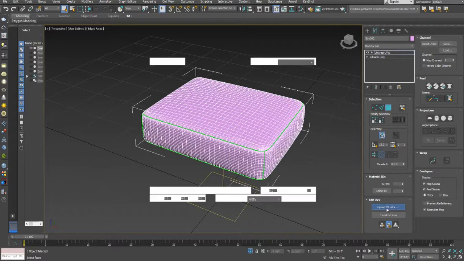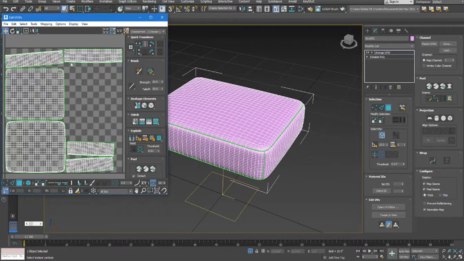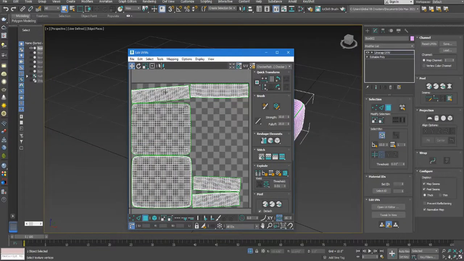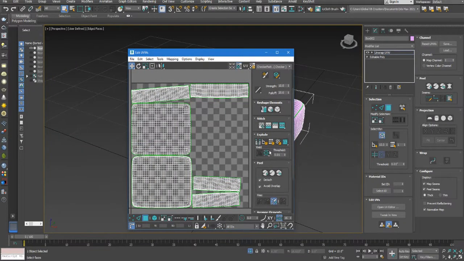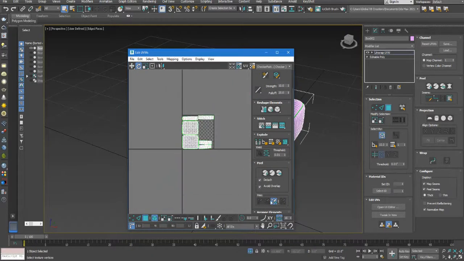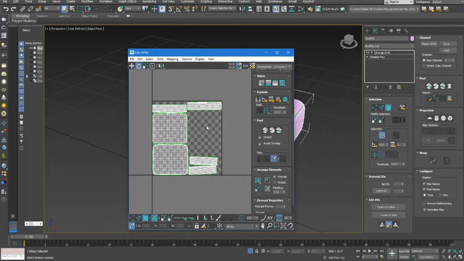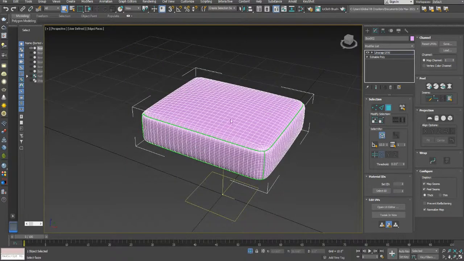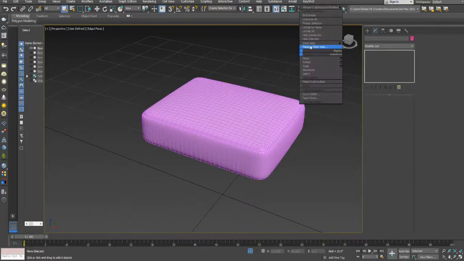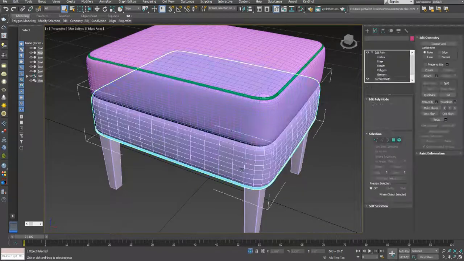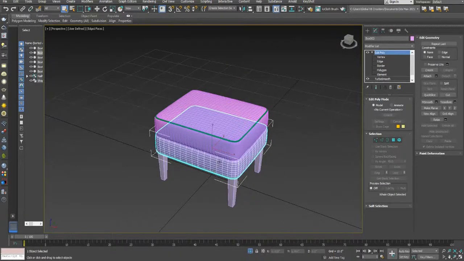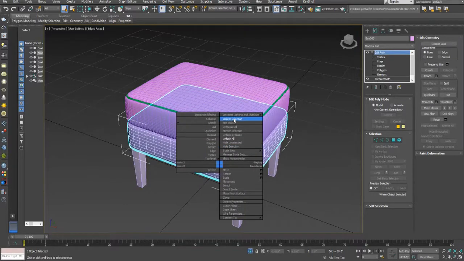So open UV editor. I think this is not proper when we use pack, so we need to adjust this. And repack. Okay, and hide all. Let us unwrap this, isolate selection,